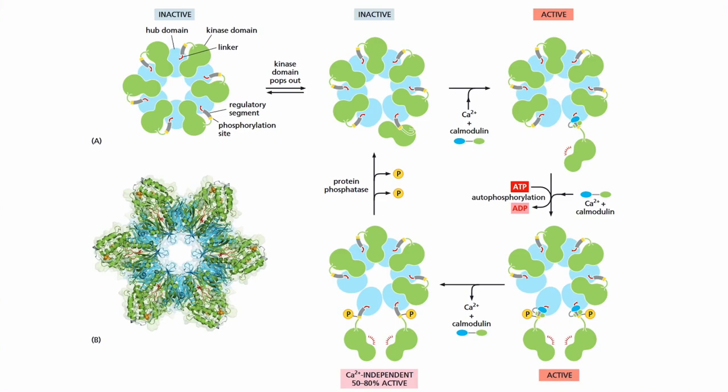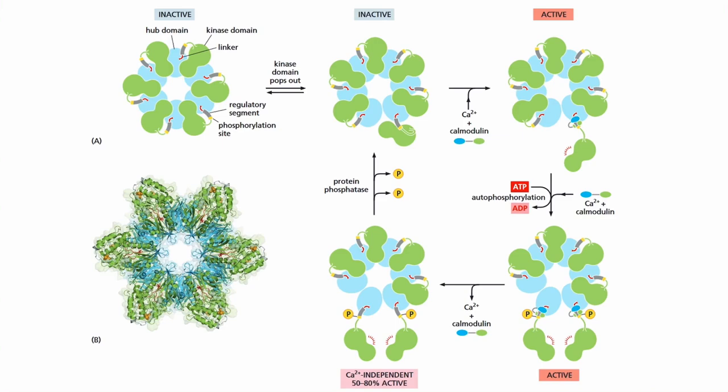And if the adjacent kinase domain also pops out from the hub, it will also be activated by calcium calmodulin, and the two kinase domains will then phosphorylate each other on their regulatory segments, the lower right one. This autophosphorylation further activates the enzyme. It also prolongs the activity of the enzyme in two ways. First,